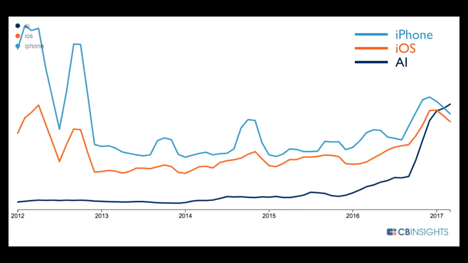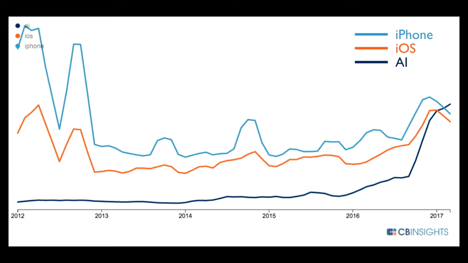Then something happened in the middle of last year, and I felt it. A year ago, there's no way a large company would come to me and say, can you build artificial intelligence for my factory? Never would have happened a year ago, but it happened this year. And it's been happening across all my clients. All of a sudden, people are interested in AI, and I'm like, gee, what's going on? This is not anecdotal evidence from my clients. This is a chart that shows when people are searching for where they're going to invest their money,